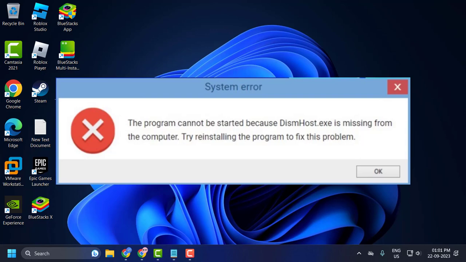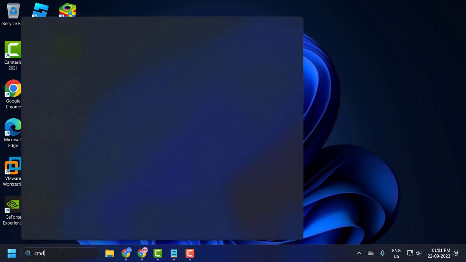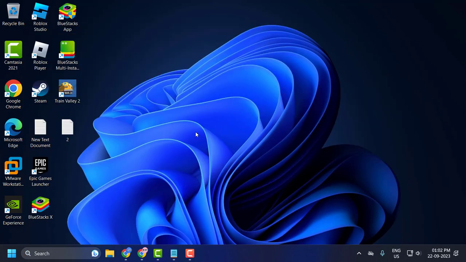Today we are going to see how to fix Dismhost.exe and 0x2 error for Windows Defender in Windows 10 or Windows 11 computer. Let's fix it guys. You just need to go to search menu and type cmd, click run as administrator and